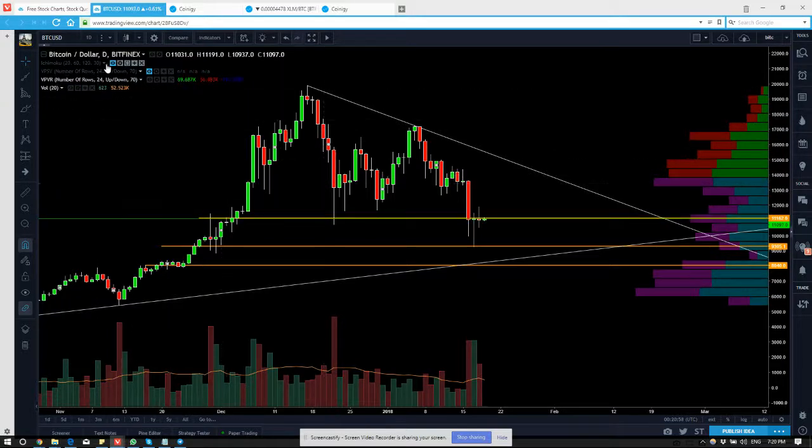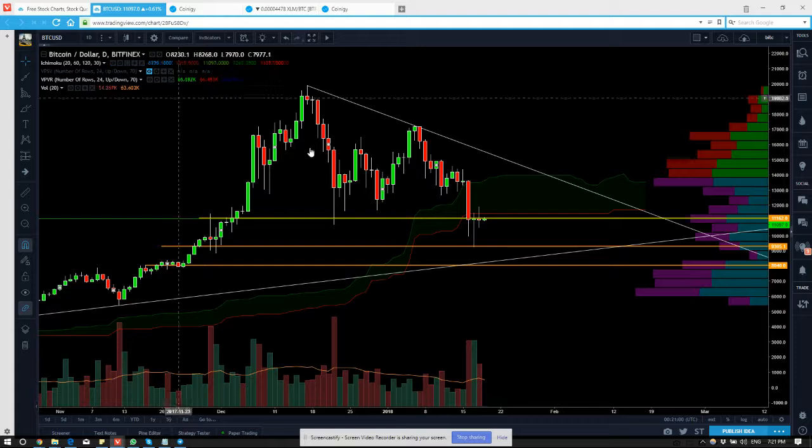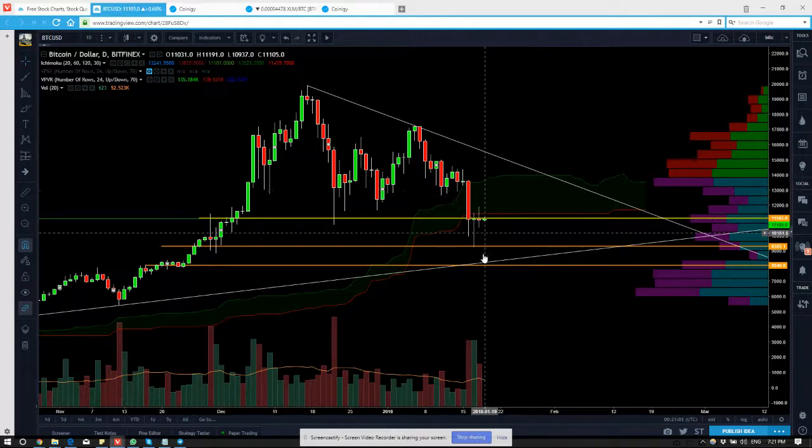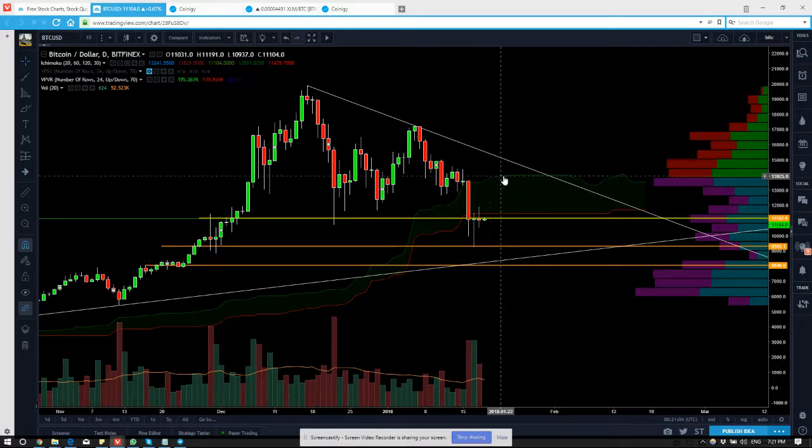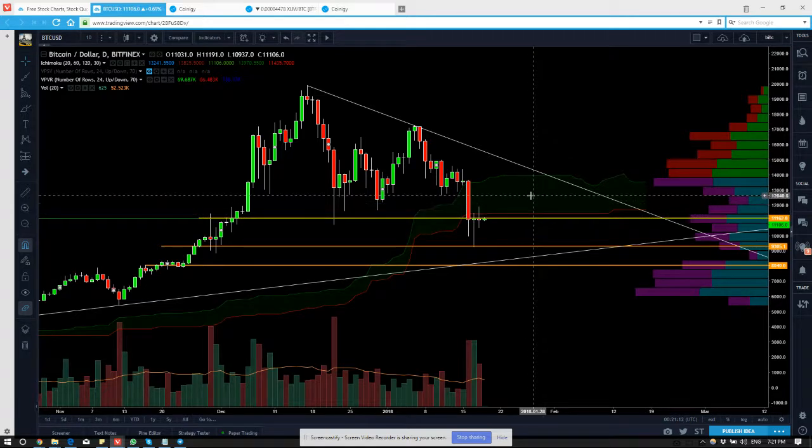And yeah, that's pretty much what I'm seeing so far. I'm seeing this cloud. I'm looking for a move above this cloud, and then a test of this area from the top and holding it for support, and then continuing on. Even this area here,